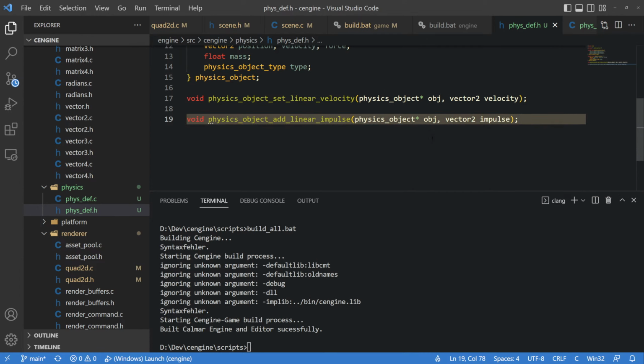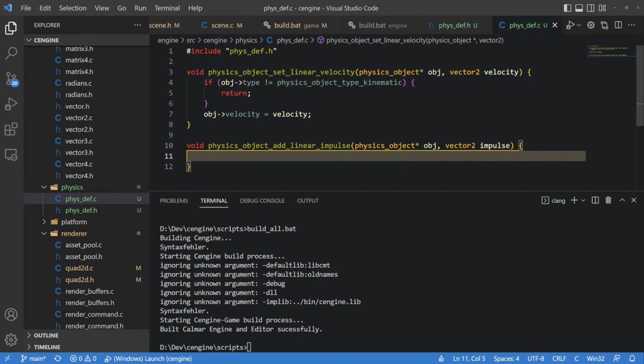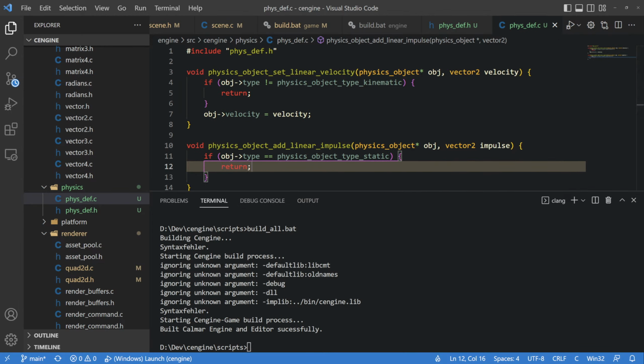And I think a linear impulse can only happen... I don't know. I think if it's static it wouldn't happen. So if object.type equals physics object type static, done. So I have no idea what the function signature or function name is, but